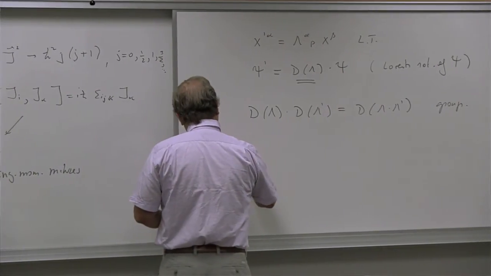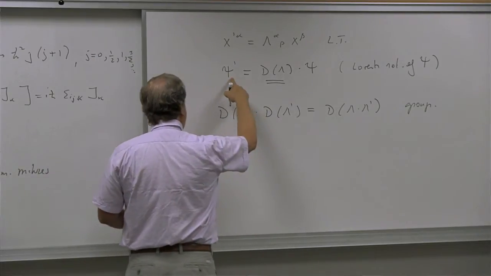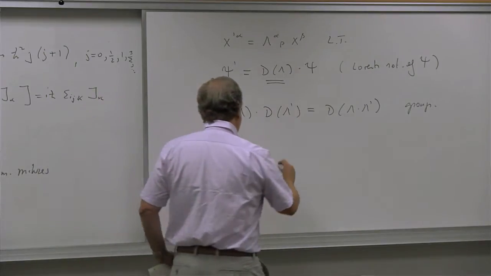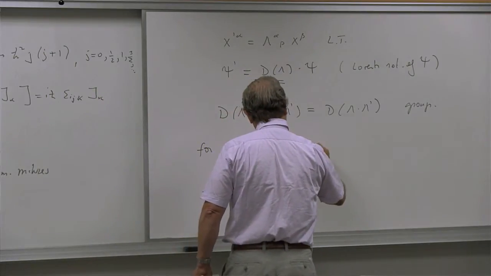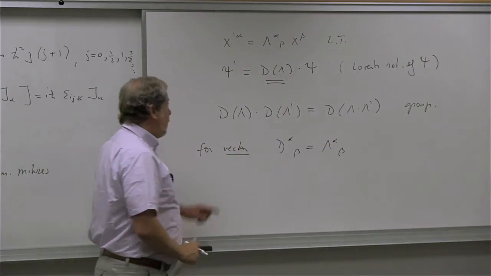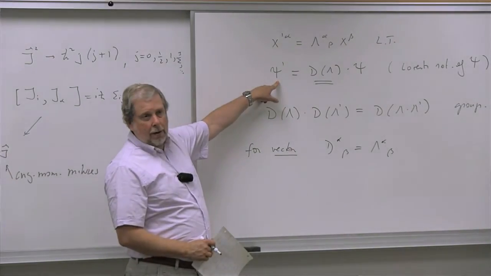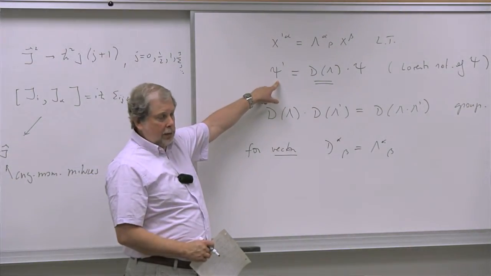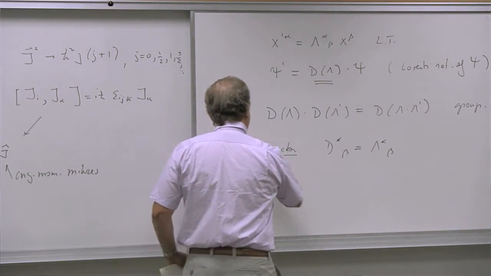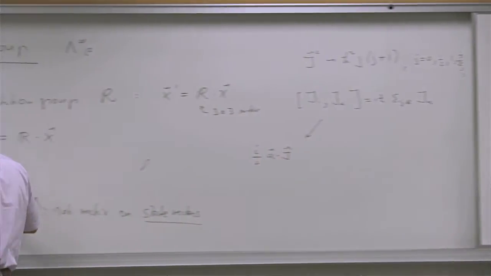And for a vector, if we just have a vector here, which is a 4-component object, then of course D^alpha_beta is the same as Lambda^alpha_beta. But that's not the only possibility. This side doesn't have to be a 4-vector. It could be a spinor. So it could have 2 spin components, spin up and spin down. So there's all sorts of different possibilities. And so we want to find out what these D matrices are,